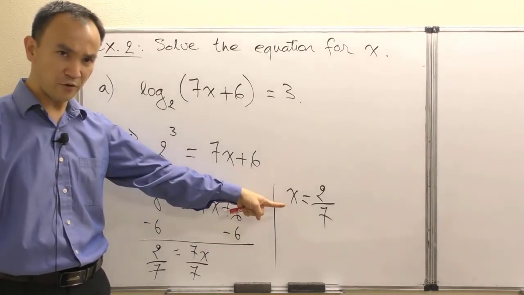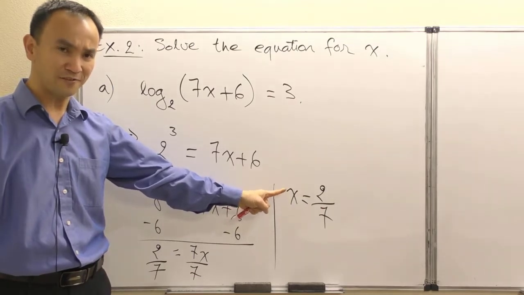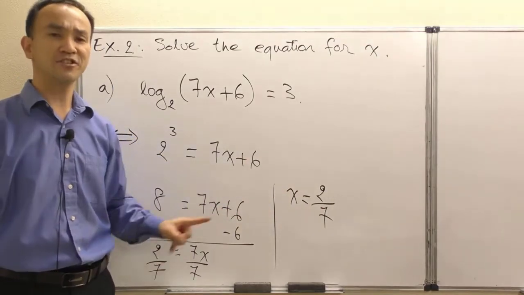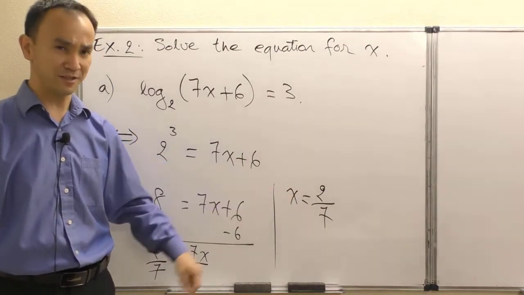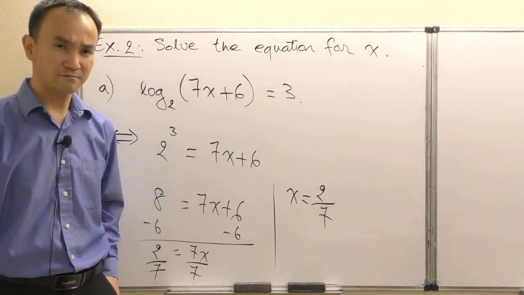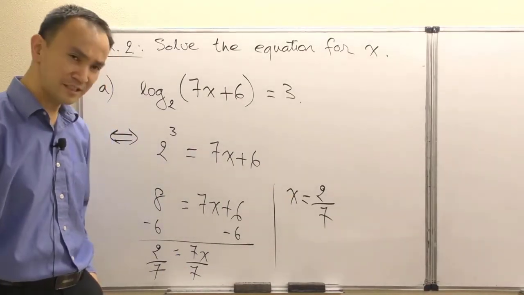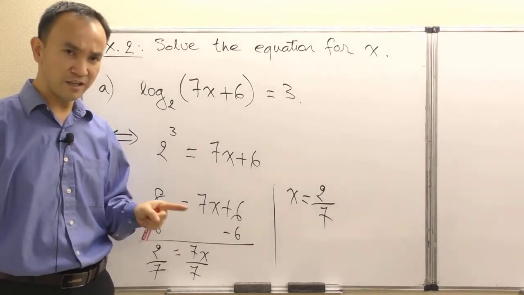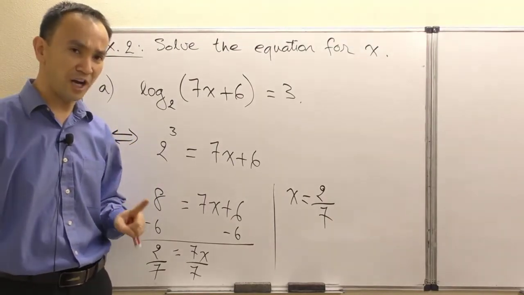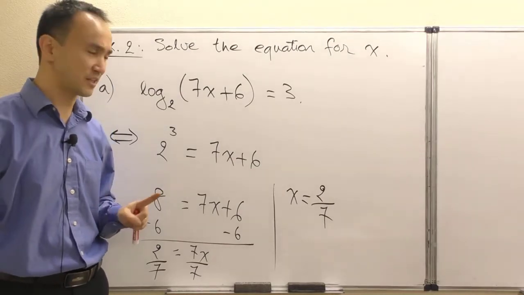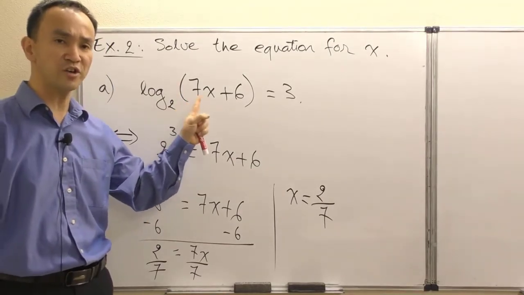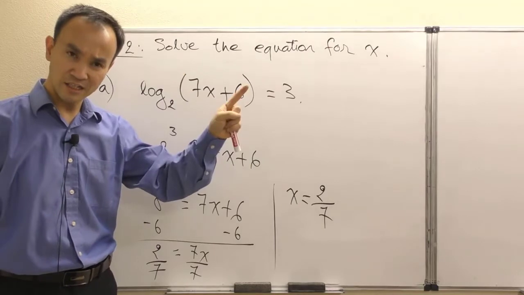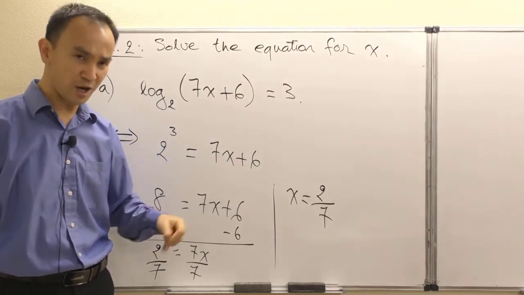We found a value for x, but let's not call that the final answer yet. Let's just call that the tentative answer right here. Why is that? It seems dangerous. Here's the reason why. I want anyone learning in this lesson to nail down the following fact. Anytime you are solving an equation that involves log,